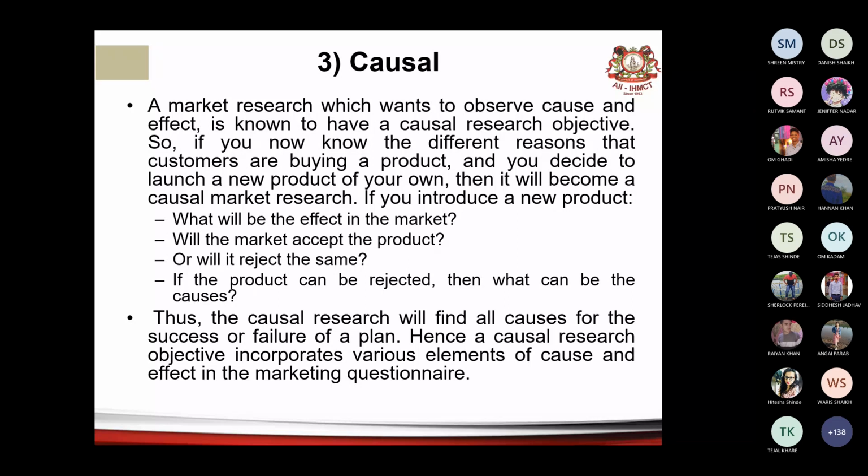Cause was misbehavior of the student. Effect was principal angry. Okay. Simple example. A market research which wants to observe cause and effect is known to have a causal research objective. So if you now know the different reasons that customers are buying a product and you decide to launch